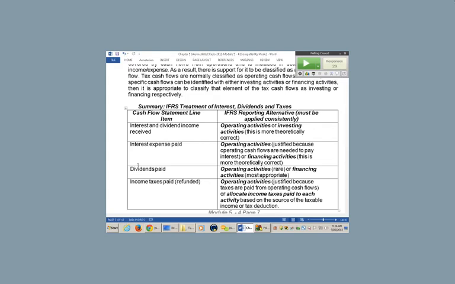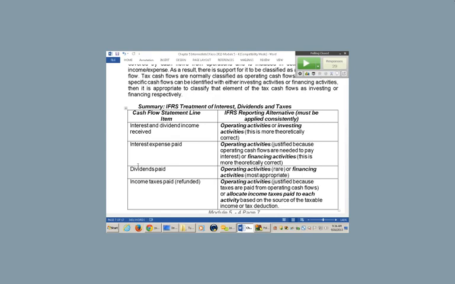But here's what happens with IFRS. IFRS takes a much cleaner view of operating cash flows and gives companies options in reporting. So let's take the first line item. The interest and dividend income, they could go into operating activities or in investing activities. They give you the choice. So I think it makes more sense that dividends received and interest received go into your investing activities. You have a choice. Interest expense that's paid could go into operating or it could go into financing.